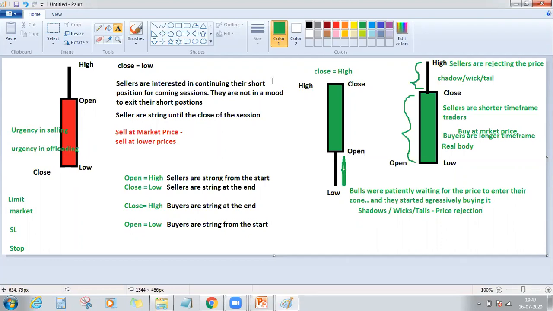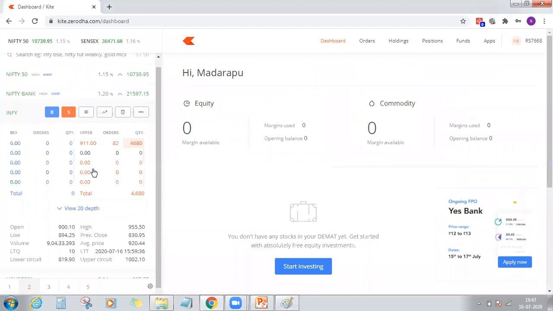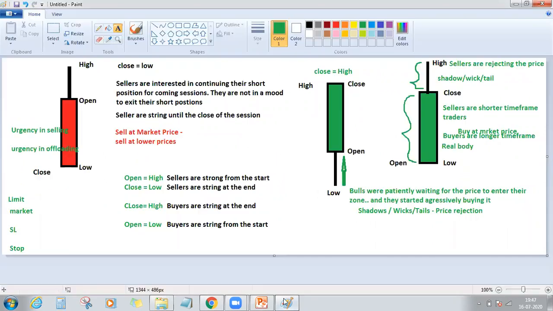So this type of understanding, unless you know the actual action that is happening at the end, because here I will not be able to know who is my opposite buyer, what is his intention in selling. I don't know all these things. The exchange won't give me that kind of information. I can only make out that information from the body of the candle and from the shadows. So these are the four types of candles that you will be getting.